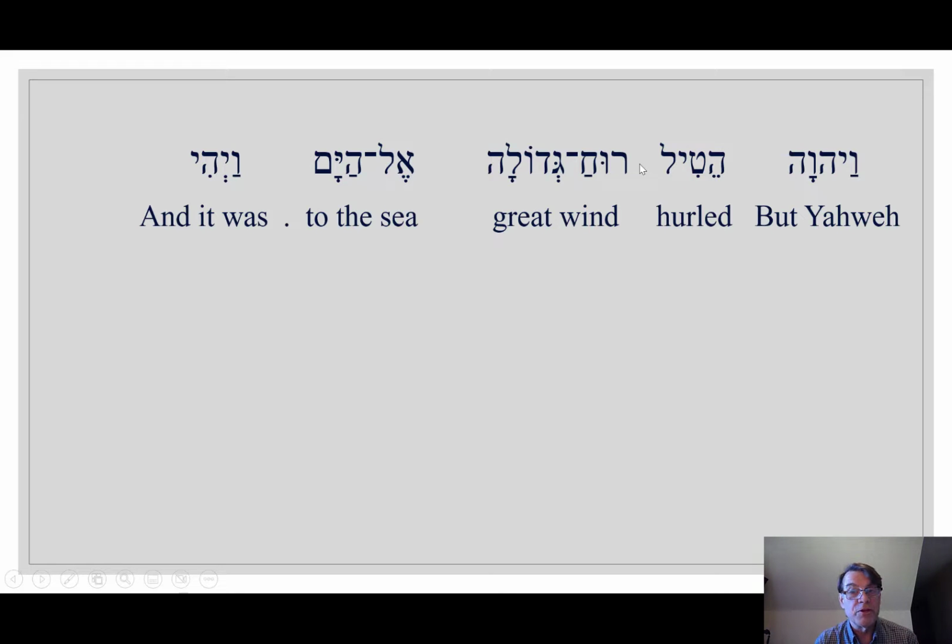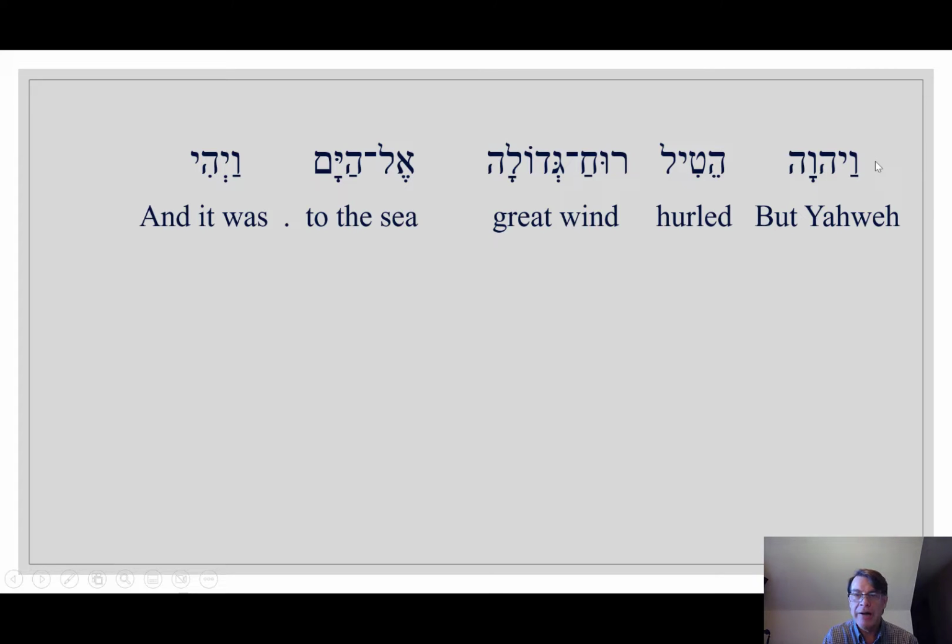Ruach, by the way, is the word for spirit. Breath, spirit, wind, it's a fluid sense of things. The breath in us, the ruach, God breathed into Adam and he became a living soul. The breath in us, the spirit in us, it's the breath of God. Ecclesiastes, when we die, does our breath go back to God who gave it to us in the first place? Anyway, little theology of wind there, or spirit in the Old Testament.